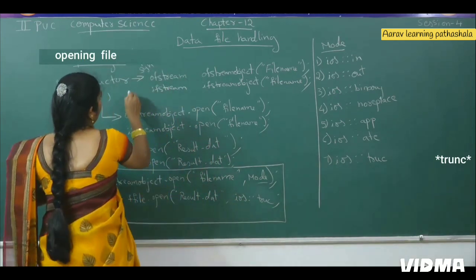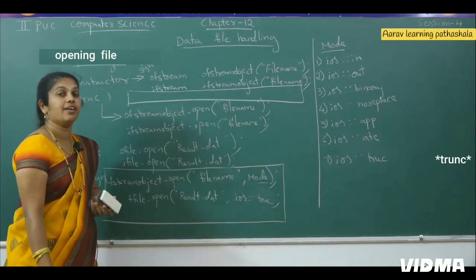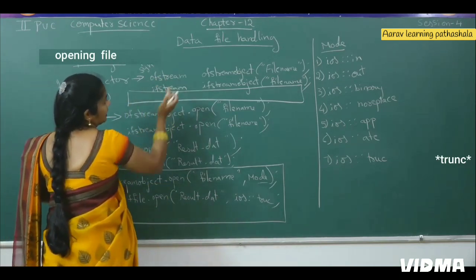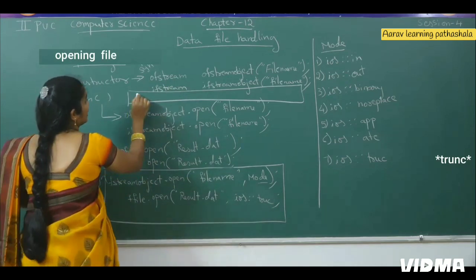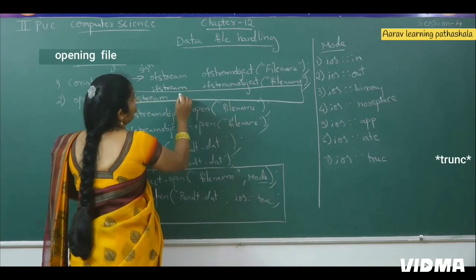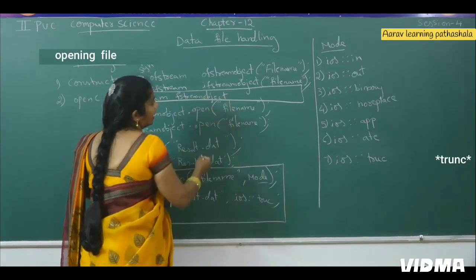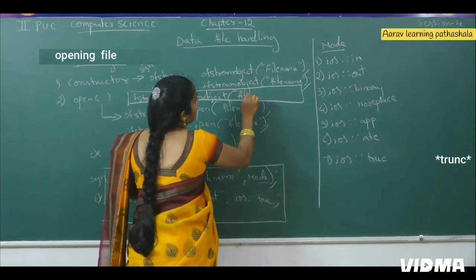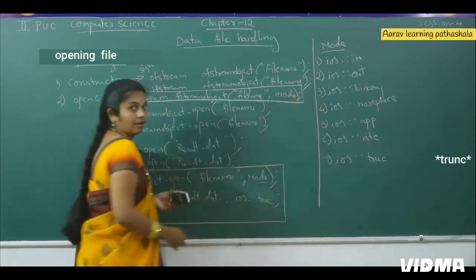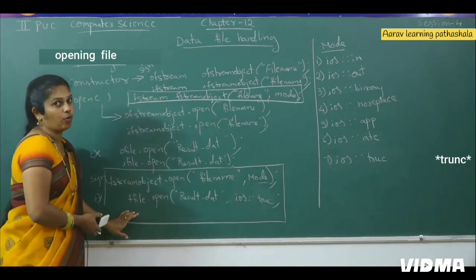Here also, if I want, I can use an fstream object. While writing here, instead of ofstream, what do I have to write? I have to use fstream. Fstream, then leave one space, then the fstream object, then next inside the quotes the file name, then a comma, and then you have to write the mode. If I want, I can explain with the help of the constructor function as well as by using the open function method.